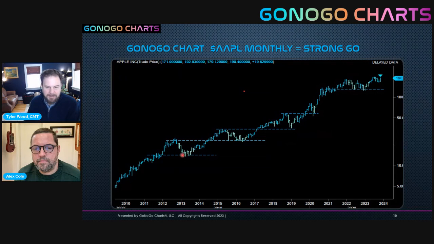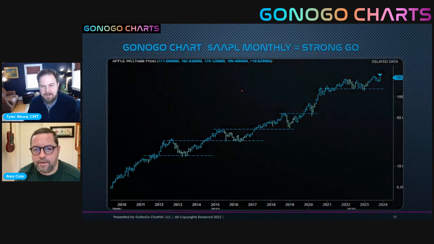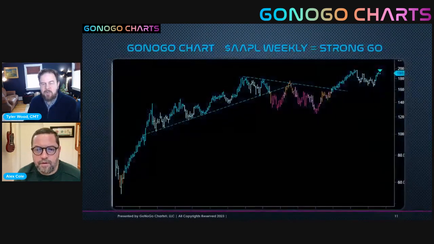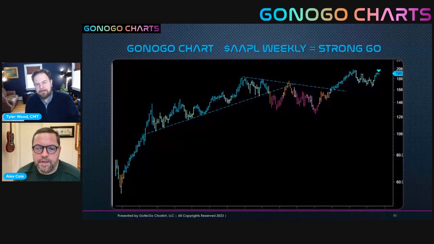And then we might dive down into a weekly or daily chart and find where we want to take an entry within that trend. So let's step down the time scale, Alex. Let's take a look at this on a weekly basis rather than the monthly. Yeah, this is a weekly chart of Apple, and you can see just quite how clearly those trends are portrayed